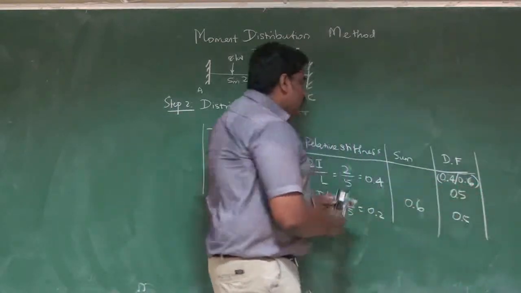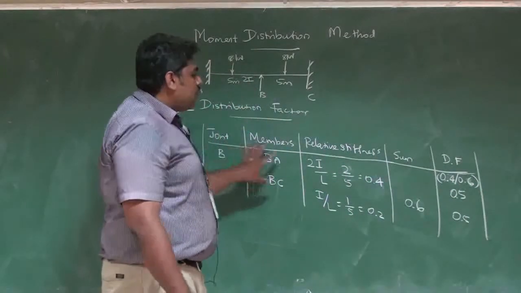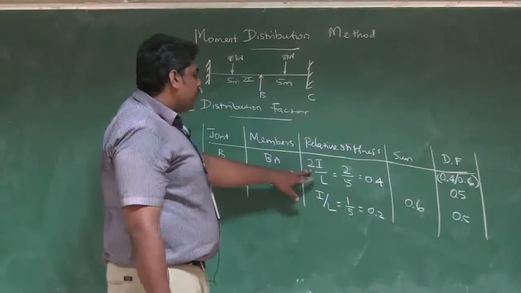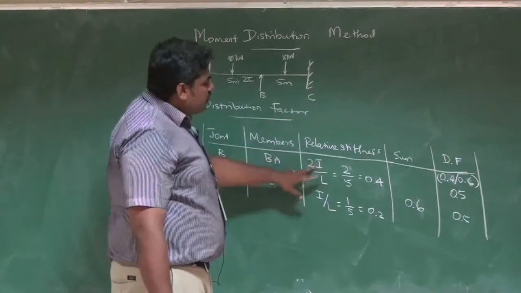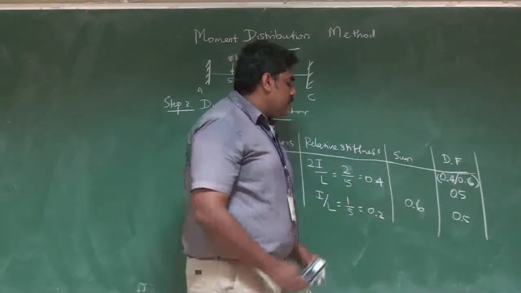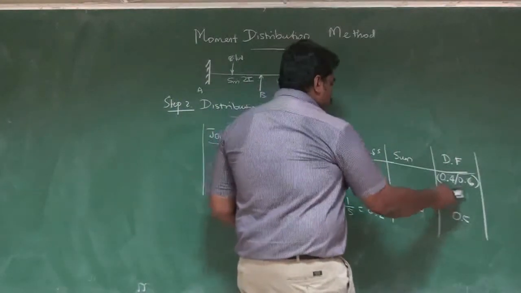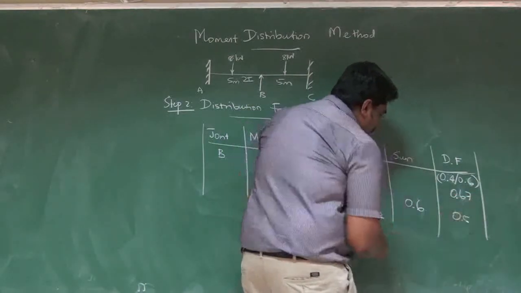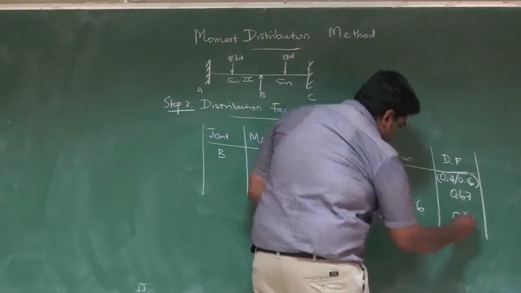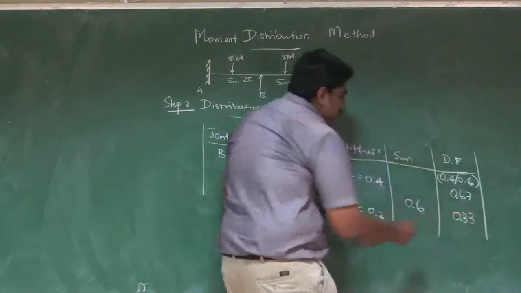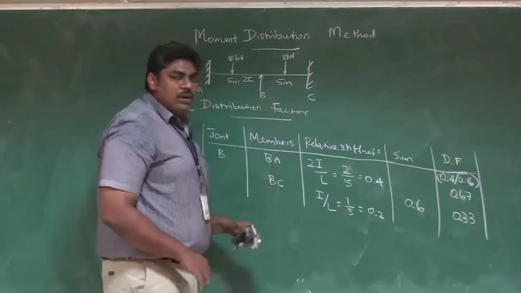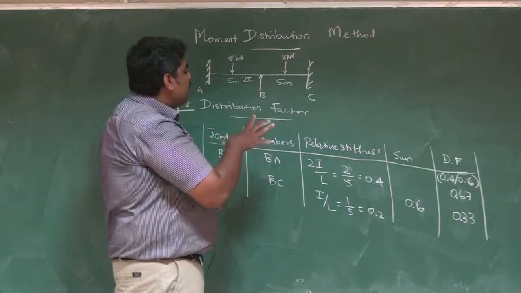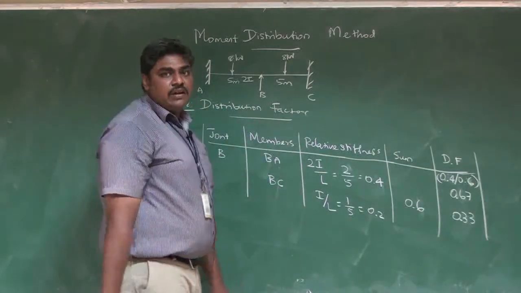Right. See how a small change in the problem is going to affect the distribution factor. So when I change this particular value to 2i, it is making a change here in the relative stiffness, which in turn will change the sum, and the distribution factor is getting altered here. So here this particular value 0.4 by 0.6 will become 0.67, and this particular value will become 0.33, right? So now the distribution is getting altered based on the relative stiffness of the members, right? So in a single problem we can clearly explain what are the changes that has occurred in this particular case,